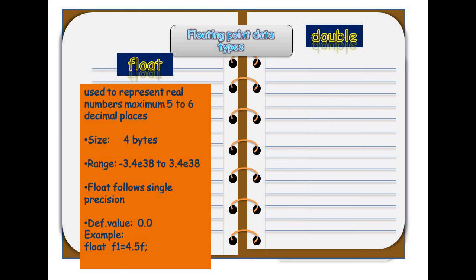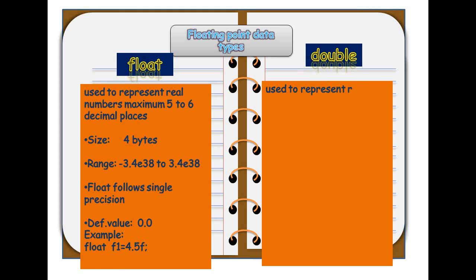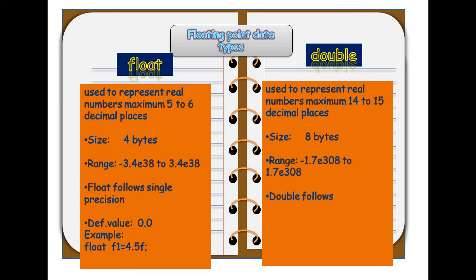The next one is double. It is used to represent real numbers with a maximum of 14 to 15 decimal places. The size of the data type is 8 bytes. The range is from minus 1.7E308 to 1.7E308. It follows double precision, and the default value is 0.0.